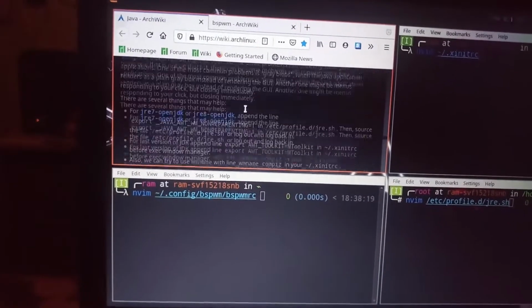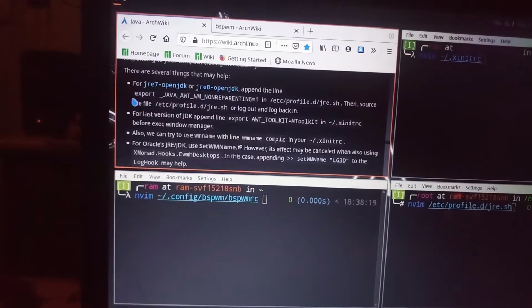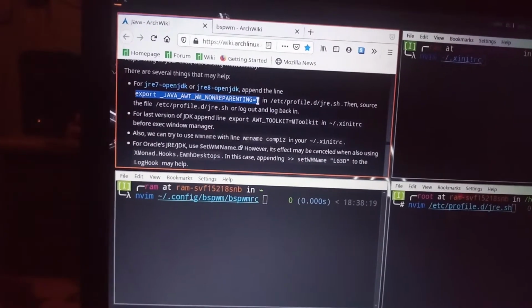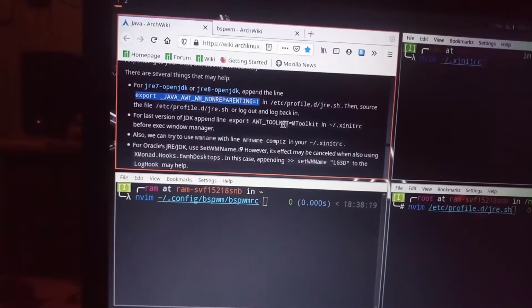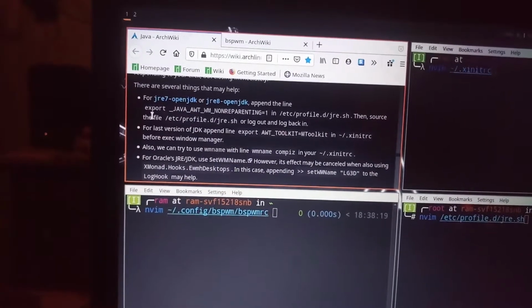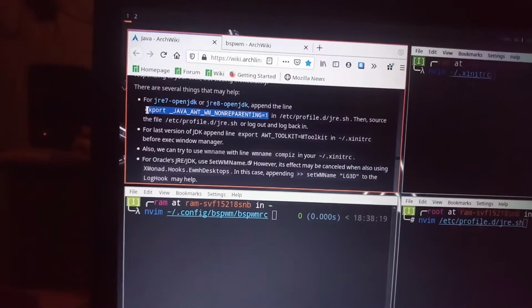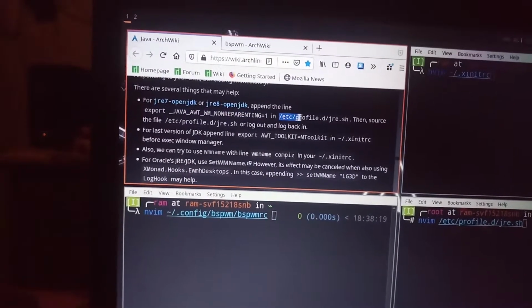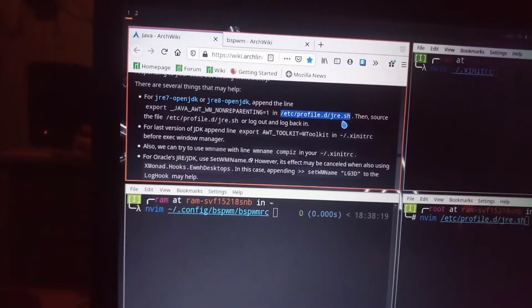So the first thing I tried was this step. I tried three different steps, but I think the last step worked properly. The first thing I did was add this line of command to this file over here, jre.sh.